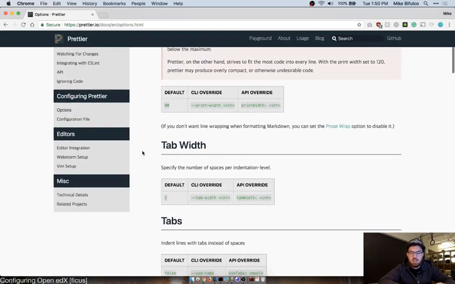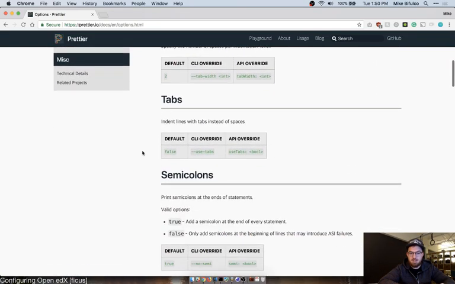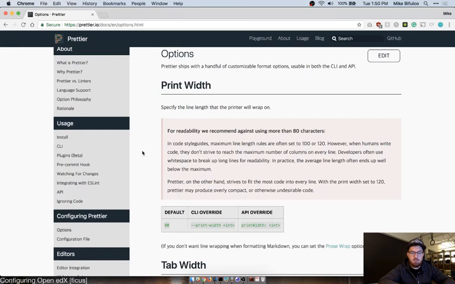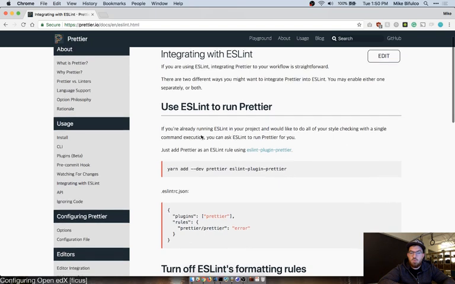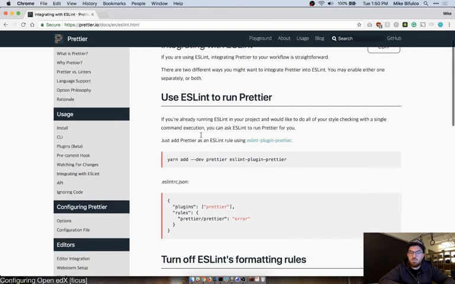So if this is like ESLint, which I had been using previously, there should be config files available for common config things. ESLint is what I typically use. Let's see how this works. Oh, nice. To do all of your style checkings with a single command execution, you can ask ESLint to run prettier for you.